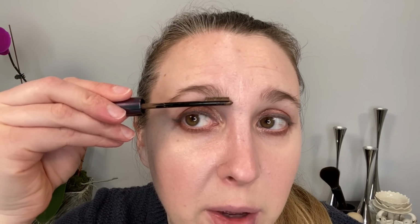So let's go ahead and try this brow pomade in the light brown so you can see what it does. So there it is. Now, if I were trying to have absolutely perfect brows, because I do have sparse hairs in here,